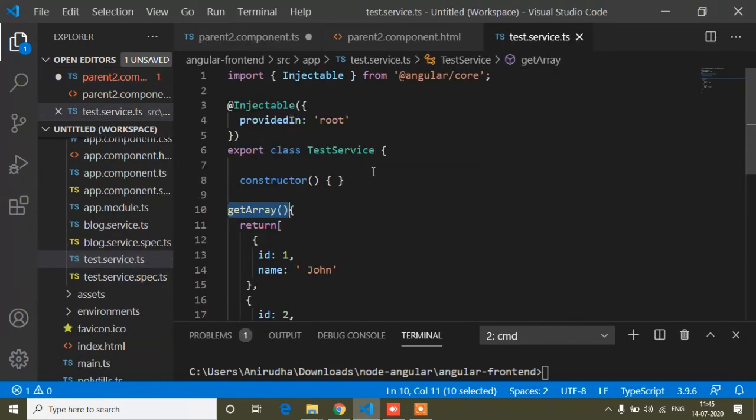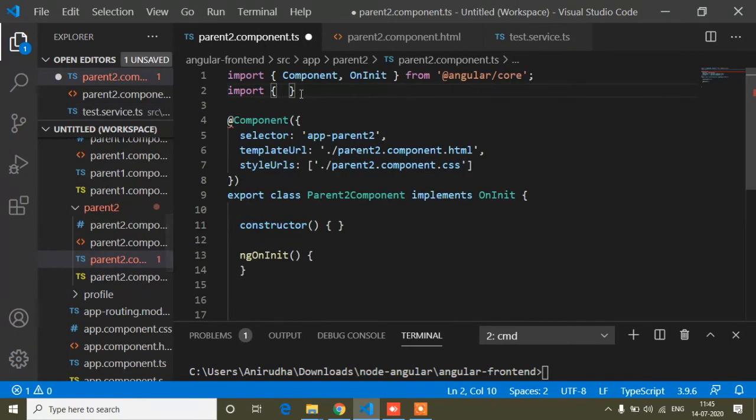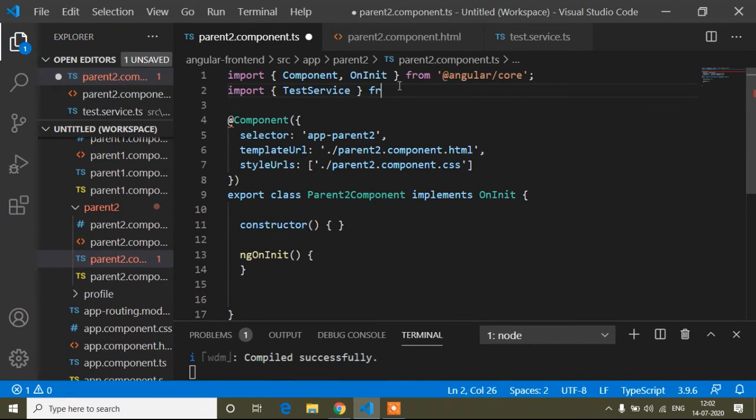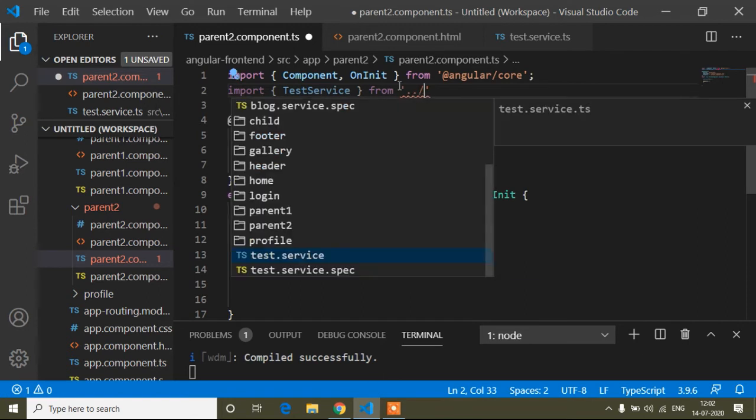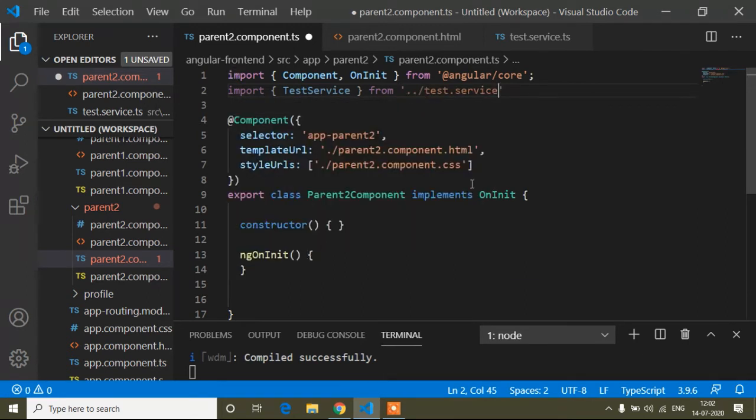I will copy the class of test service. Import from, and where from, dot dot slash, and now you can see it's showing test.service.ts. Now a semicolon to end this line.